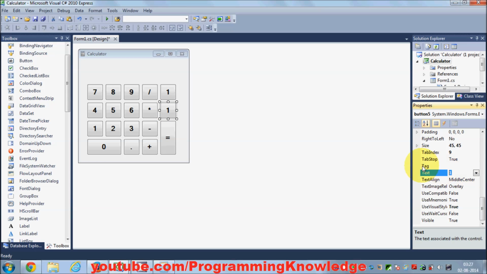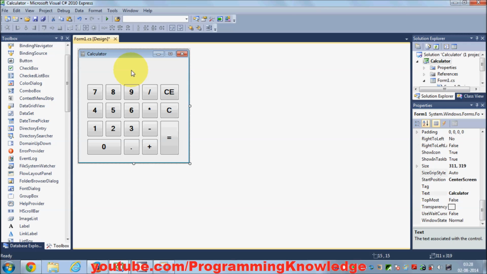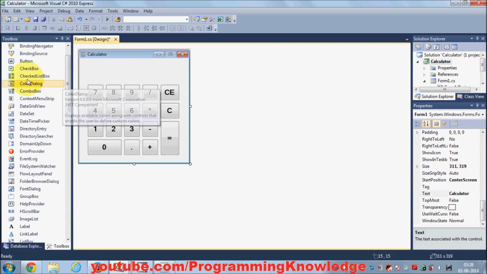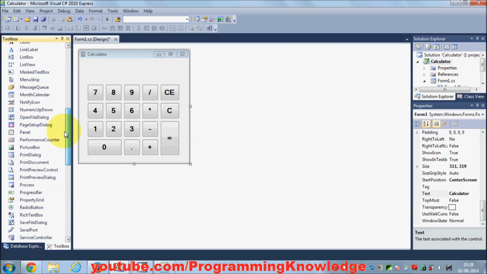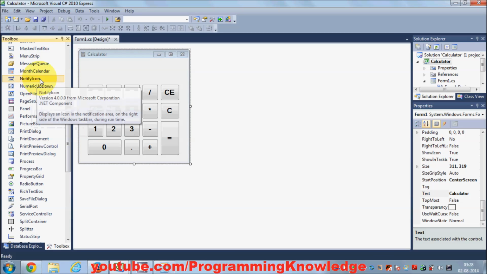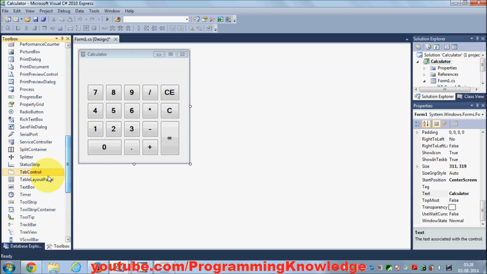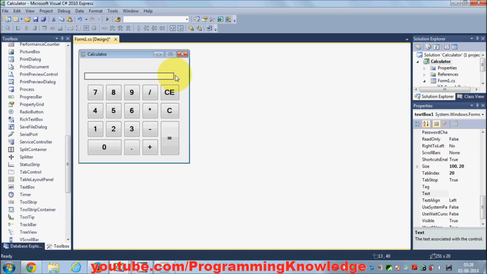This is our clear button, so I will give this the text C, and this is our clear entry, so C and E. Okay, I will resize it so that we can see this CE. So now we have all the buttons, and now we need our text box. I'm going to go to my toolbox and take a text box to show the result and entries, right? So I will take a text box here and resize this text box,